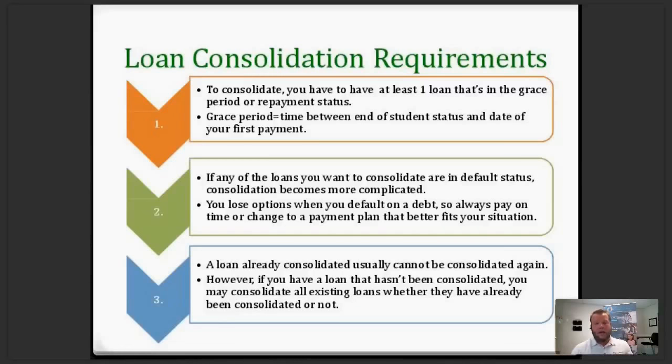That's a big one. Now, let's say you previously consolidated a loan. Let's say you went to school years ago, you consolidated, you went to repayment, decided to go back to school, and you obtained additional financing. Well, once you're done with your new school and your new loans, you can actually go back and now reconsolidate everything. You just cannot consolidate an already consolidated loan unless you're consolidating it with new loans. Okay, if that makes sense. You can't just go and submit another consolidation on a loan that's already been consolidated.